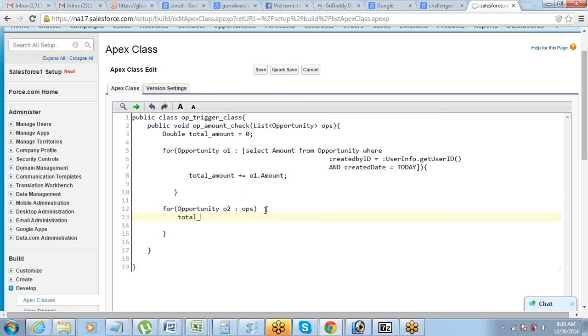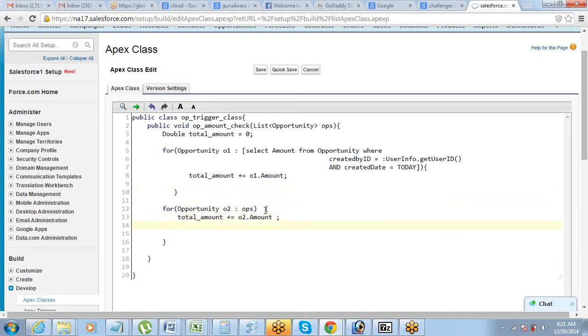Total amount plus equals O2.amount. Fine. Now once this part is done, by the time it comes out of the first loop, total amount is already a sum of all the existing records, right? Now it adds the trigger.new to this, the current record in context, that amount is added to this.